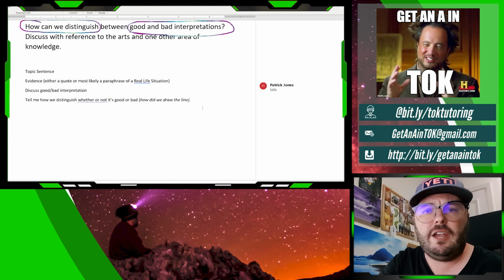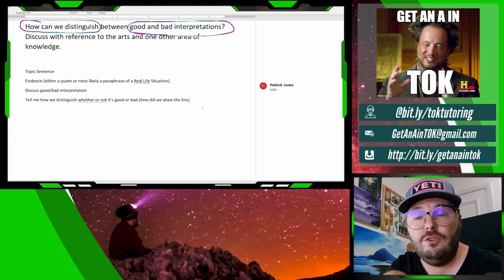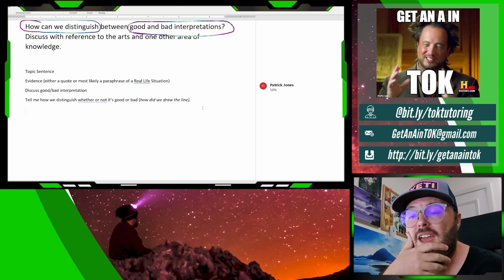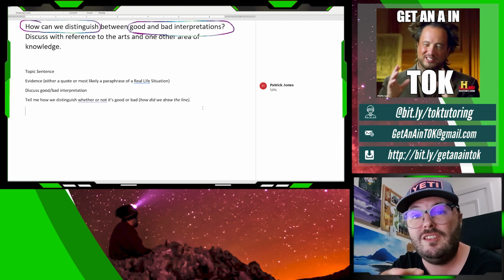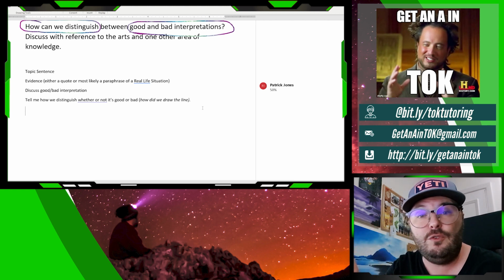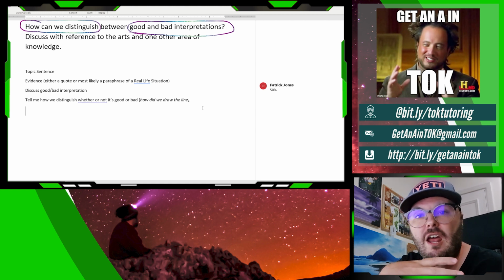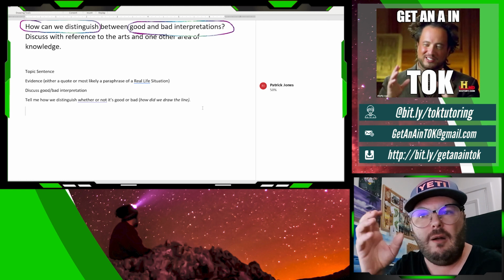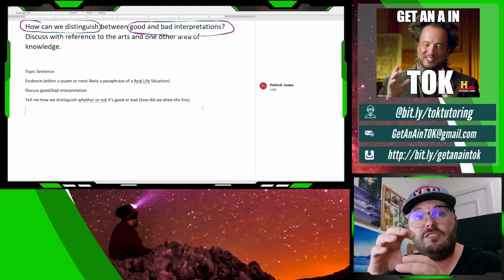So like I said, I'm not going to do the analysis for you, but I'm going to show you what I guarantee is going to be the most overused piece of evidence for this and for a lot of stuff. This is used all the time, so I would not suggest using this. So I'm going to use it here. Also, if you steal my example, it's going to be on my website, so don't steal it. It will come up as plagiarized. But I'm going to show you an example of how I would follow this format, so that you can see how a proper balance exists between evidence and analysis, and then that closing sentence.